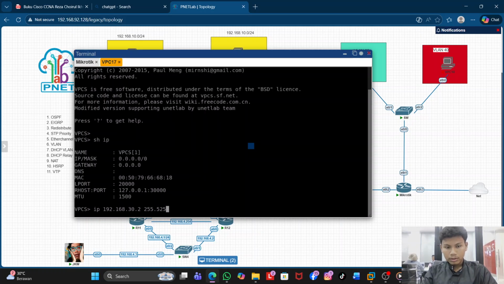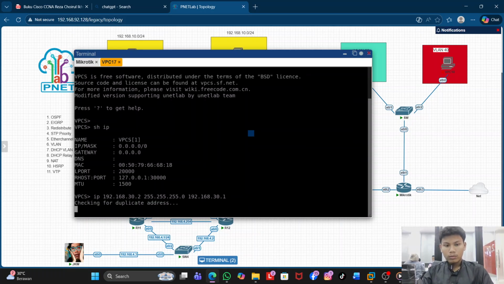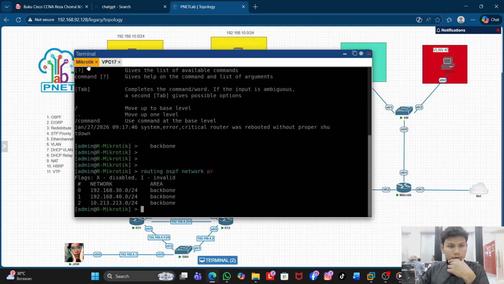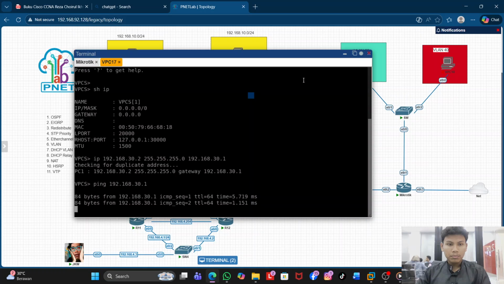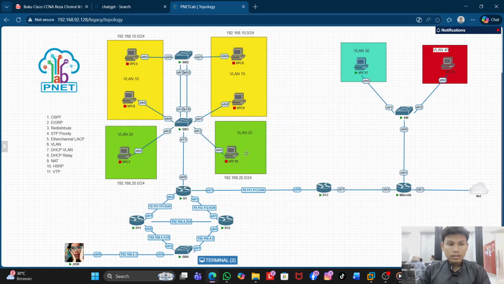Set the subnet mask. This is the gateway from MikroTik. So we can check the link to the gateway to reply.